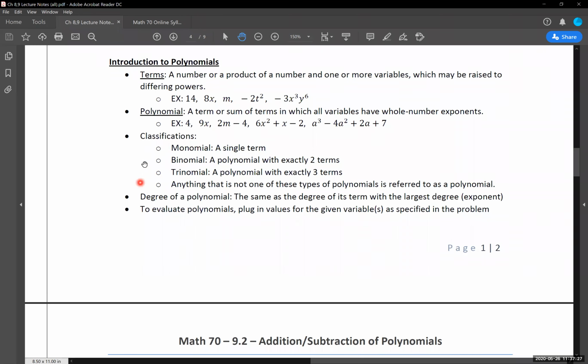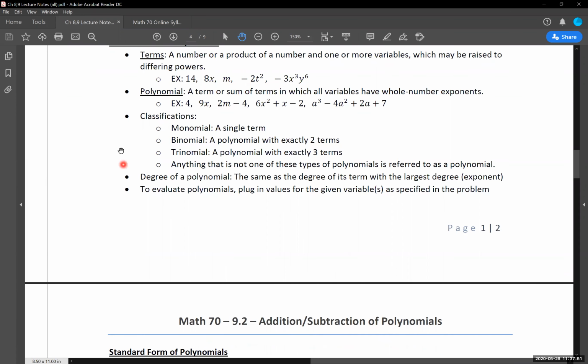We do have names for polynomials that are greater than 3 terms, but you really do not need to know them. You do not need to go out and learn and memorize them. It's a waste of time for what we're going to be working with. So we have the overarching idea of polynomials, and then we have these 3 main subclasses of them that we work through for the most part.